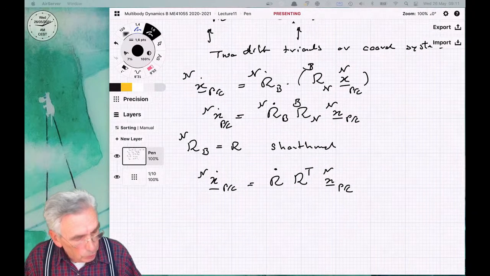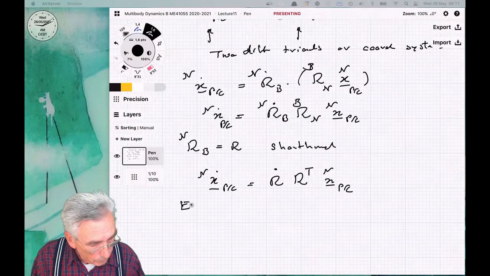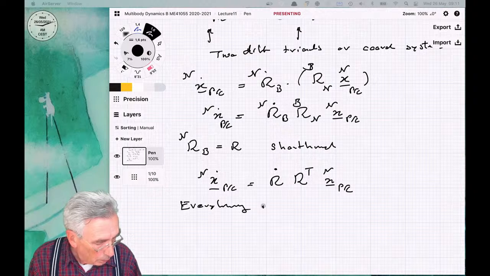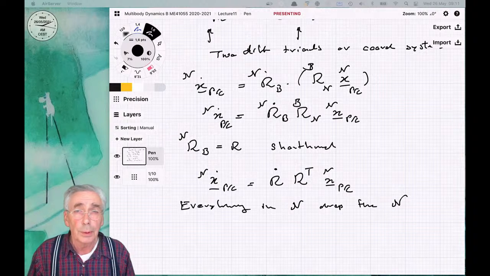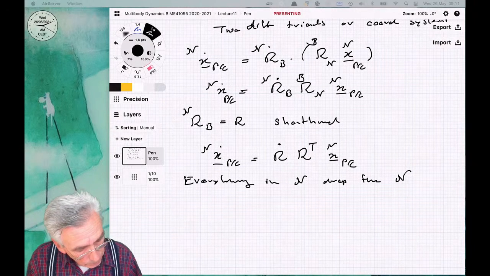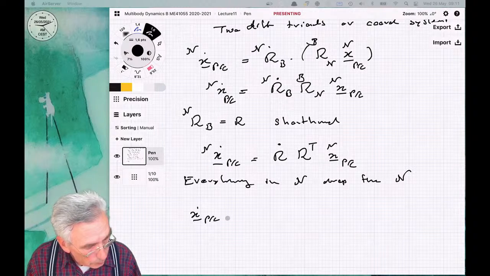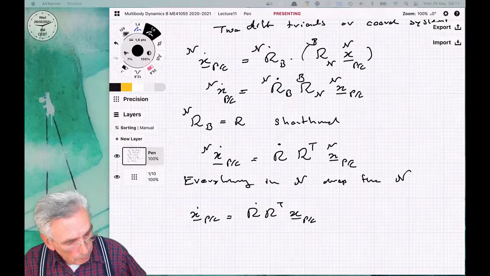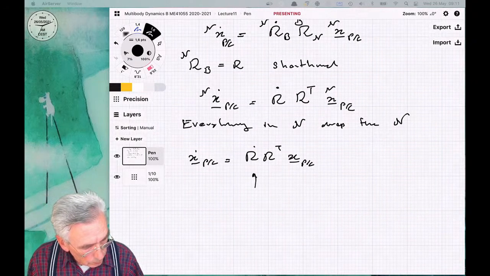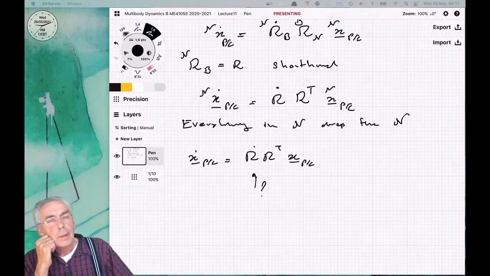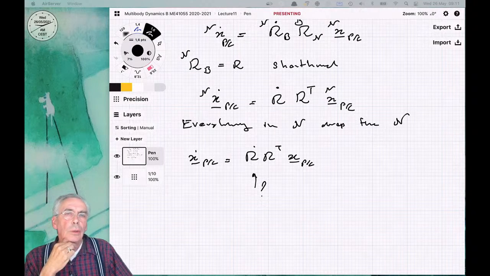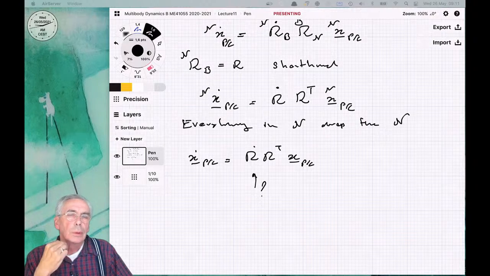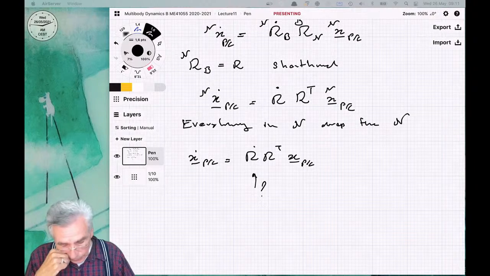And for now, since everything is in N, let's drop the N. I mean, that's super ugly, of course, but it makes our writing a lot easier. So then we say, okay, so the velocity is R dot R transpose times that vector. Now, the big question is, of course, what is this guy? R dot times R transpose. It looks like a very complex thing, but